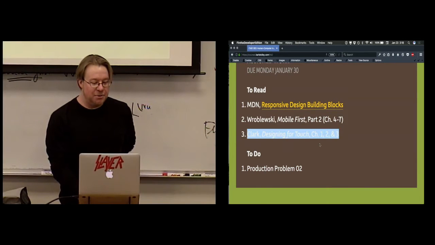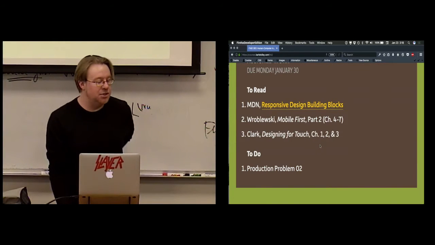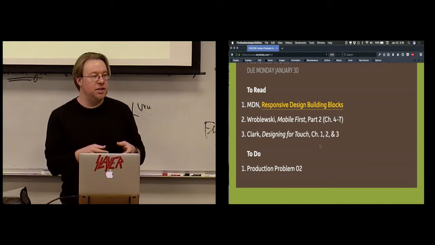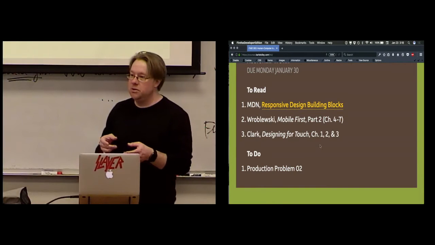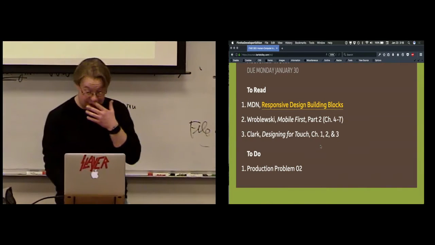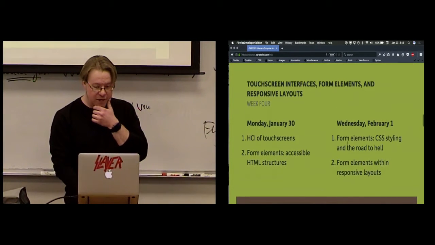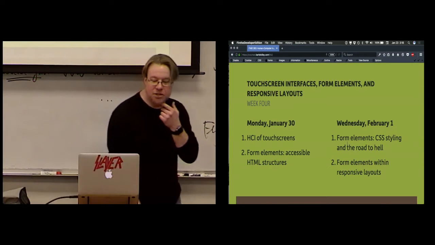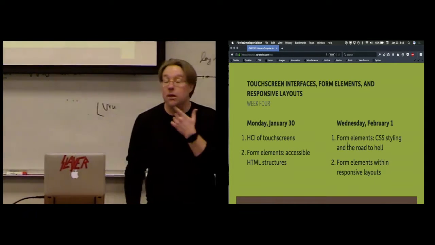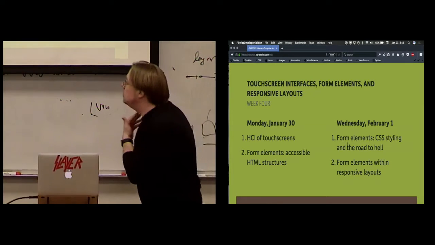We'll also be getting into my very favorite book of the class, which is Clark's Designing for Touch, which will completely change the way that you think about screens and also change the way that you watch people use their phones on the bus and things like that. And then next week, we're just going to go hard into touchscreen interfaces. We'll talk a lot about form elements and